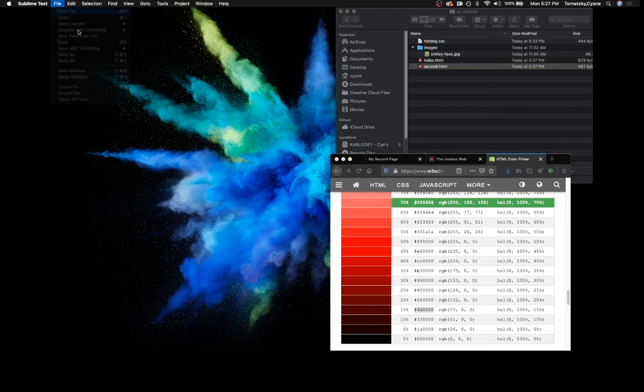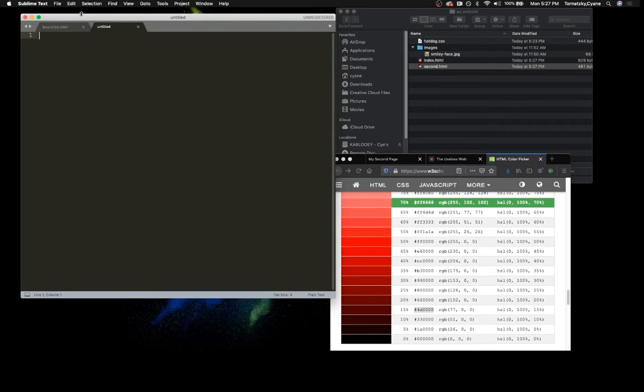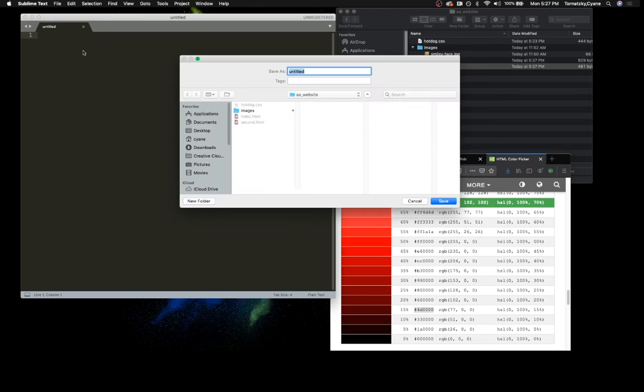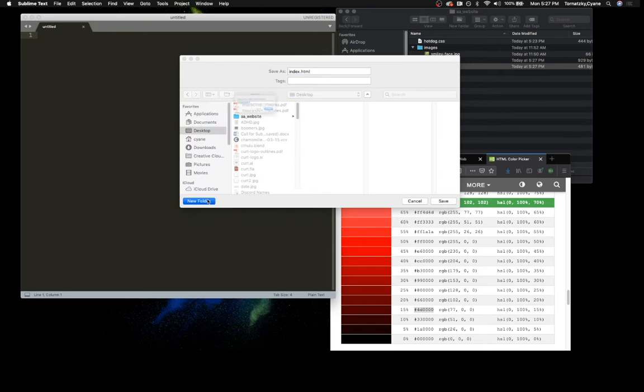I'm going to make a new file, and it is going to be called index.com. But I can't put that index.com back in the same folder because I already have an index.com. So what I'm going to do is on my desktop, I'm going to create a new folder, and I'm going to call it